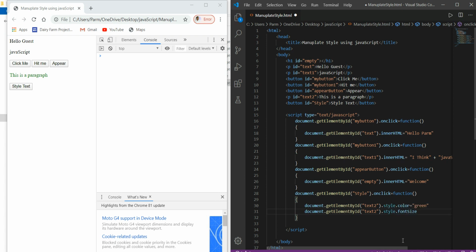Now look at this font size. In case of CSS we use font-size with a hyphen, but in case of JavaScript we have to use fontSize. It consists of two words, font and size.